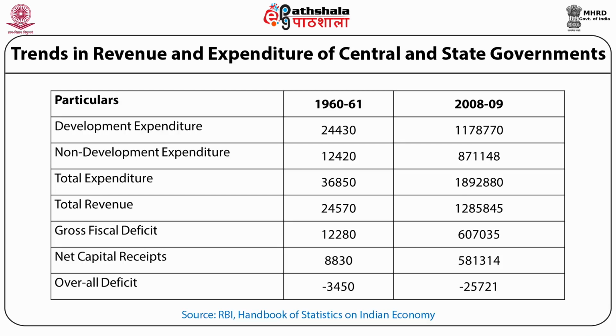Now the combined total expenditure of the center and states consists of development expenditure and non-development expenditure of all types, and compensation and assignments made by states to the local governments and Panchayati Raj institutions. During the same period, the combined current receipts of the center and the states rose from 24,570 crores to the tune of 12,08,804 crores. The total revenue consists of tax revenue of the center and the states, non-tax revenue receipts of the center and the states, and non-debt capital receipts consisting of loans and advances.